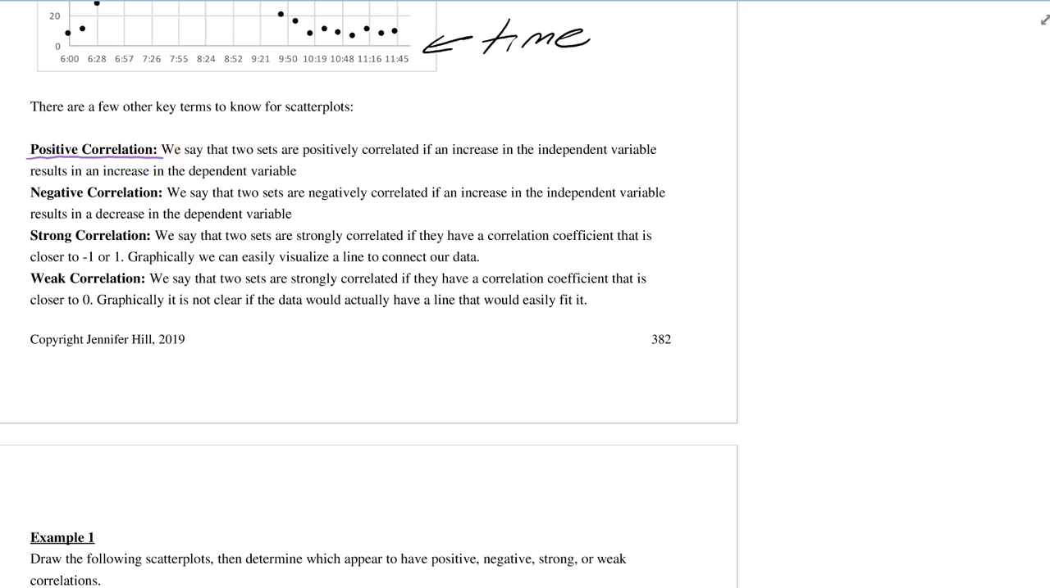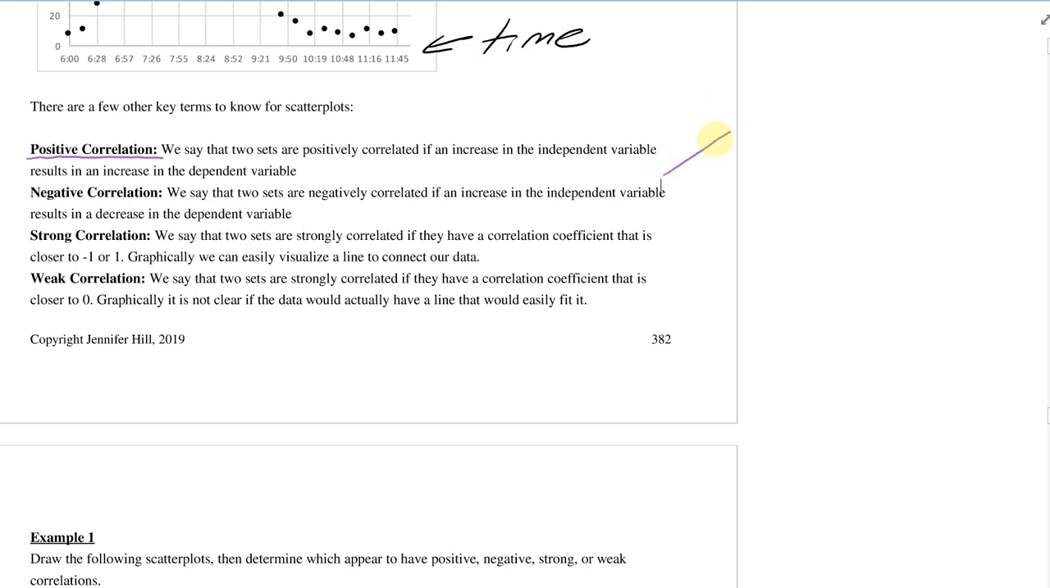Think about what a positively sloped line looks like. A positively sloped line looks like this. And so this is actually the same idea as a positive correlation. Things that are positively correlated will look more like this. And the more clearly you can see the shape of a line from the data, that makes it a strong